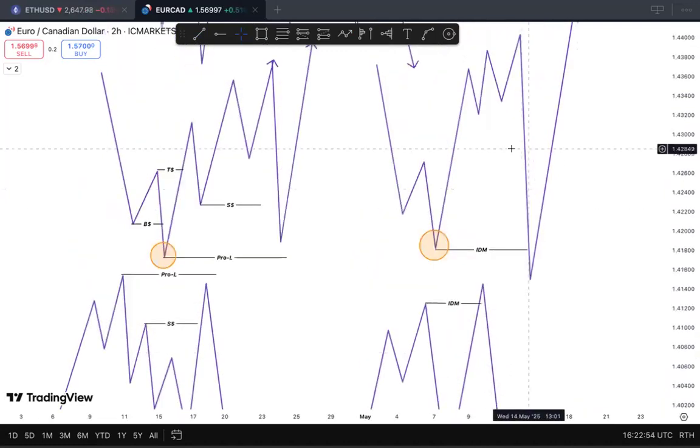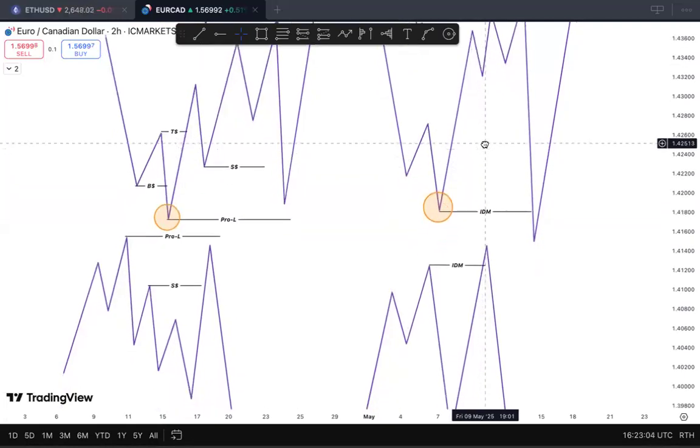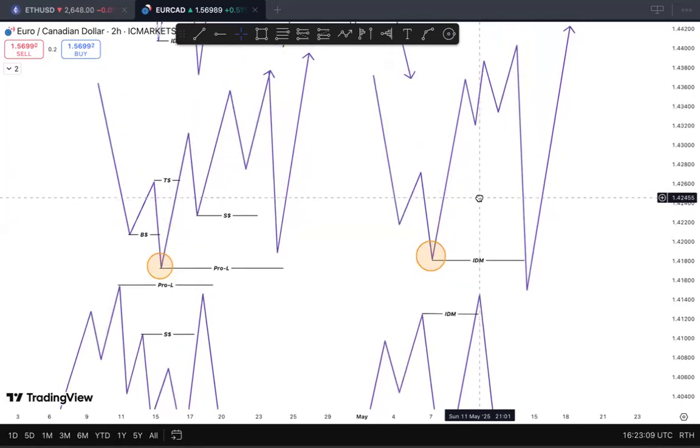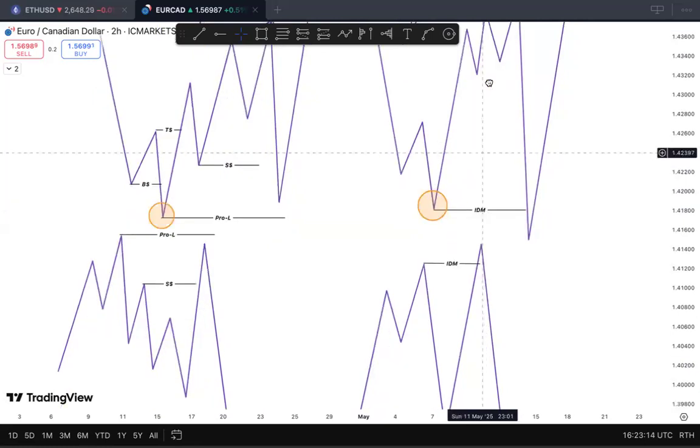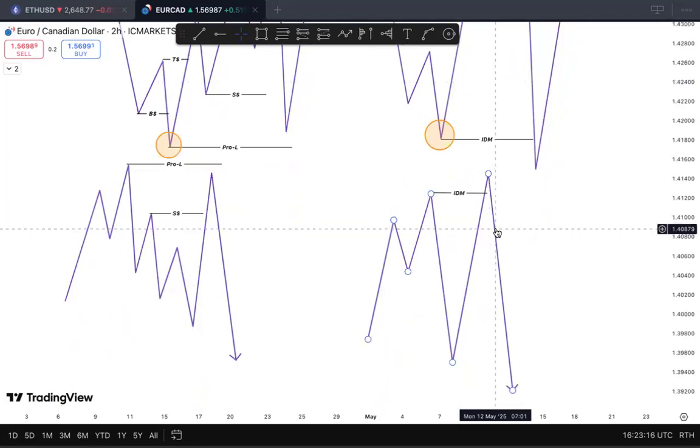You also don't want to take a trade that looks like this. The moment you see that there is no structural liquidity, already you save yourself from losses or from blowing your account. When you see things like this, you save yourself from what? Blowing your account or from losses. Okay. So you just save yourself from bad trades. What you want to see and trade is this. These are the things you want to see and trade.